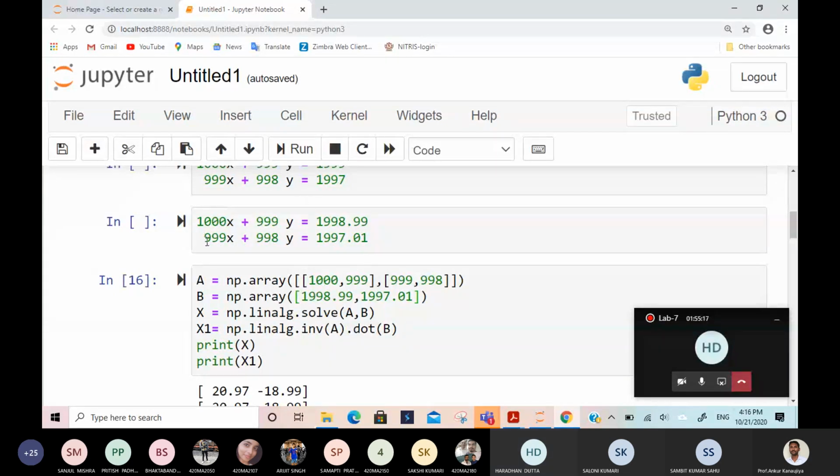If you want to make this entry 0 with the help of 1000, that means R2 minus what will you do so that it becomes 0? R2 minus R1 times 999 divided by 1000. That multiplier you will choose so that this entry becomes 0, right? Similarly, the same thing you will apply here also.